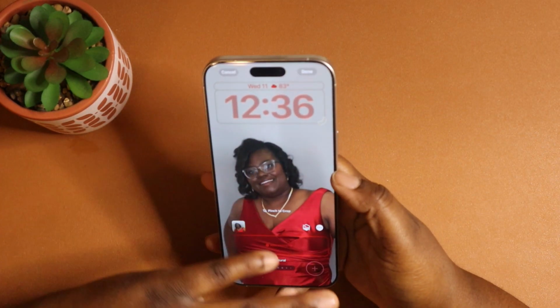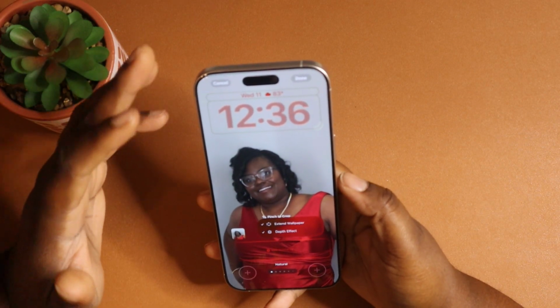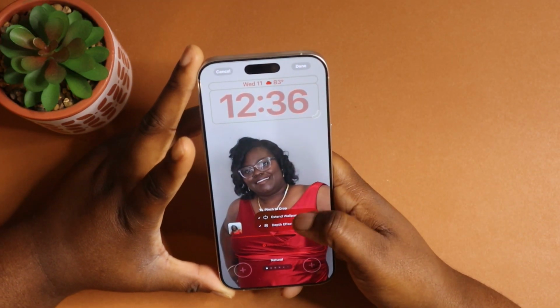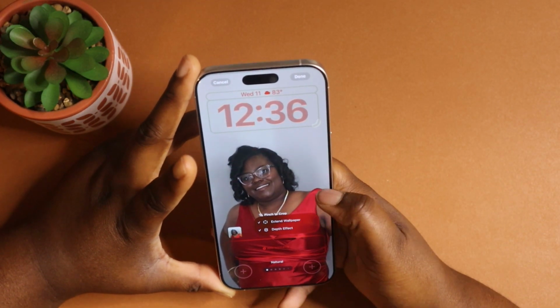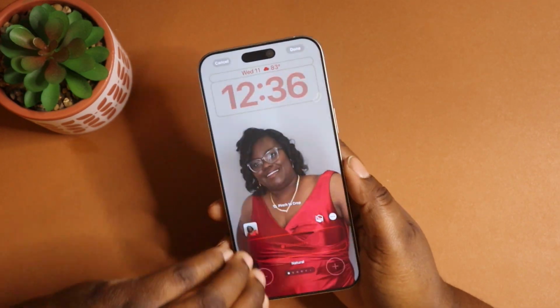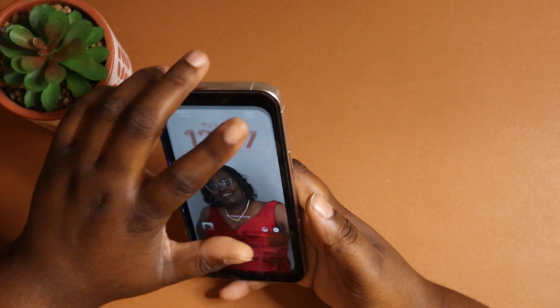So that is pretty much what has changed on the lock screen. And like I said, you get your extended wallpaper or the depth effect on this wallpaper if that's something that you want to do. So now let's go into